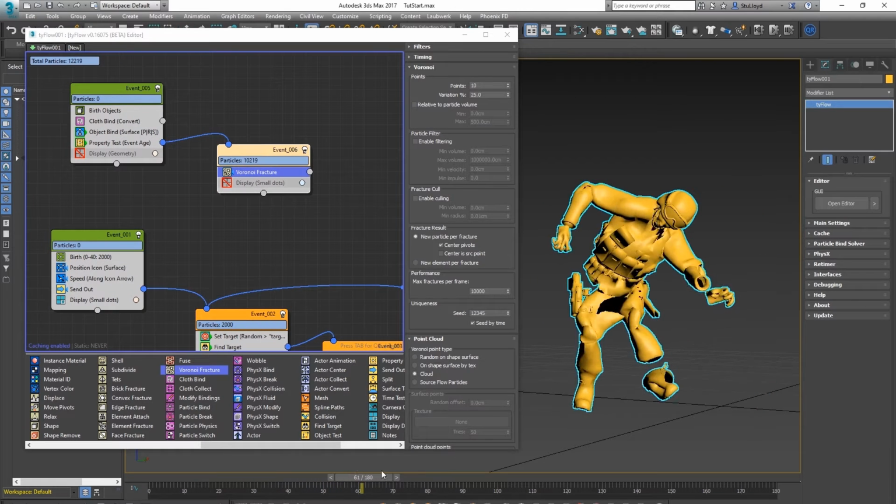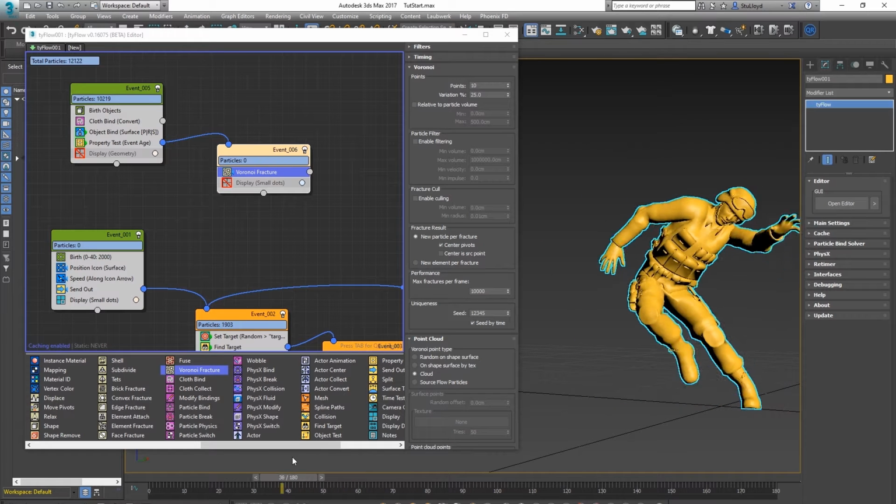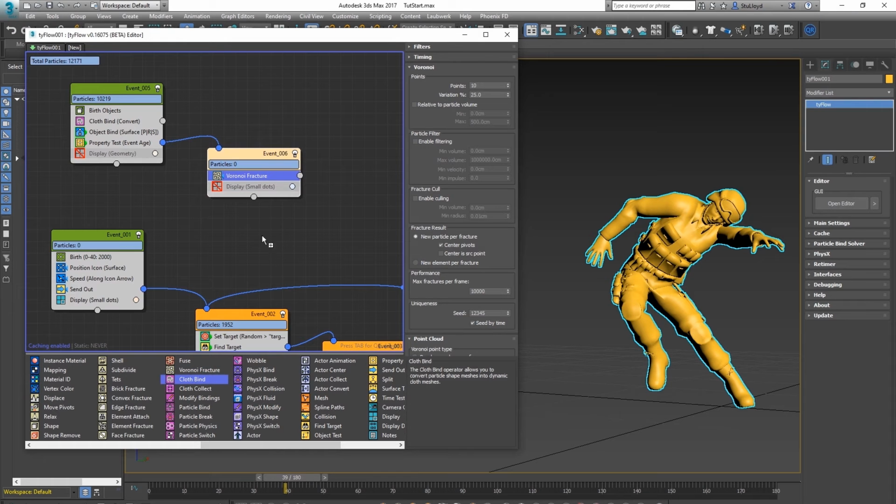You can see now it just goes all weird and it breaks up the cloth. It doesn't actually break up into objects. So we want to convert the cloth at this frame back into an object. So we'll just go cloth. We'll do another cloth bind,